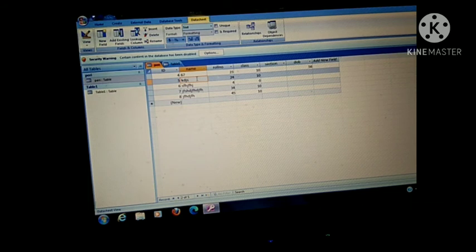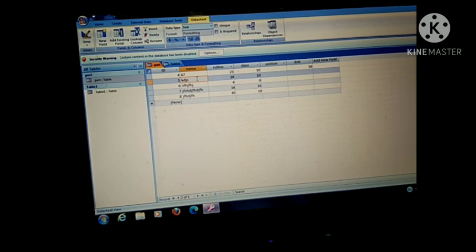Second thing is in a number data field, if the field type is number and I am trying to insert text here, it will show me an error. But if in a text data type I am inserting a number, it will accept. Okay, if I insert text in a number field it will show an error; number will not accept any text. But in my text field, if I insert a number, it will accept.